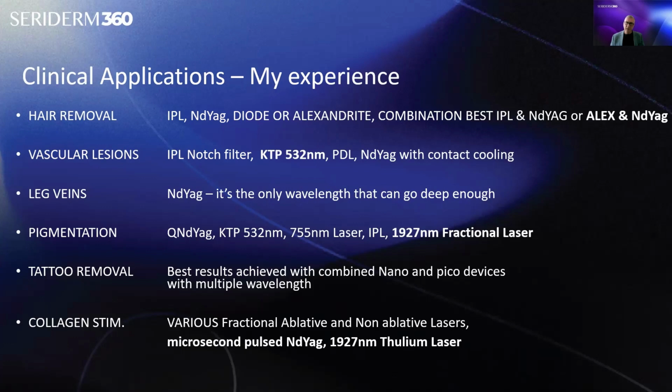If you're going to use an IPL, then you need an Nd:YAG with it. If you're going to use an alexandrite, you'd use an Nd:YAG. I'm a fan, if you've got the right budget, of Alex and Yag; I think it's the perfect combination. If you get a high powered Yag, then you can also use that for other applications like leg veins as well. For vascular lesions,